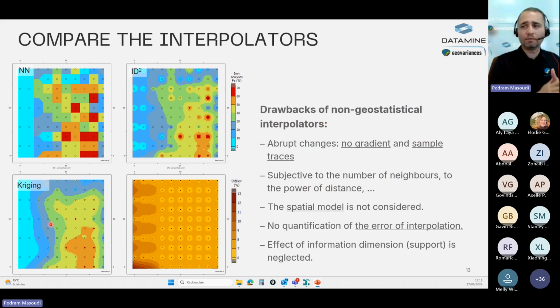This is another example. It's a plan view of an iron example. It's a pedagogical case study. If we apply nearest neighbor, inverse distance to the power of 2, and Kriging, you can see that the results are quite different. The nearest neighbor results in some geometrical shapes which show abrupt changes. Of course, it is not realistic in mineral resource estimation. In geology, we are sure that we don't have such geometries in